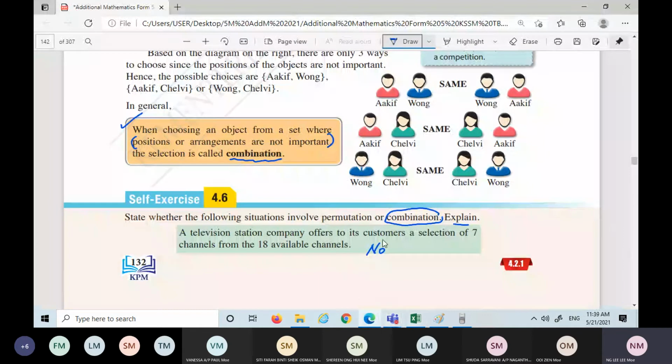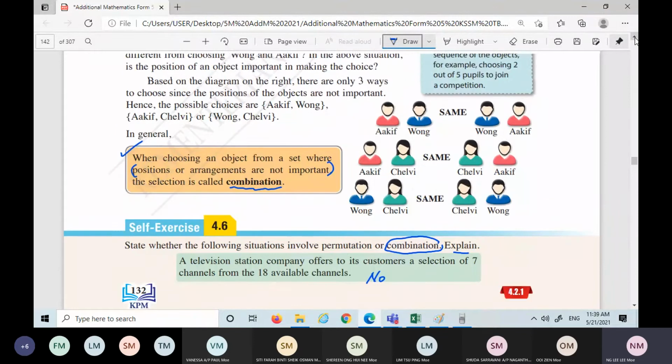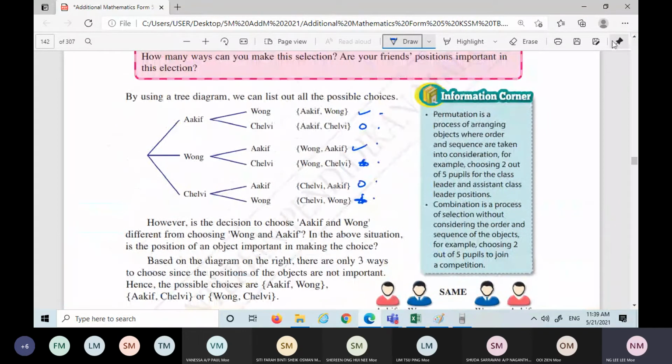Okay, continue. So this one doesn't help you to calculate yet. I just want you to know this is combination, not permutation. One more example is here. You can see the difference of these two,